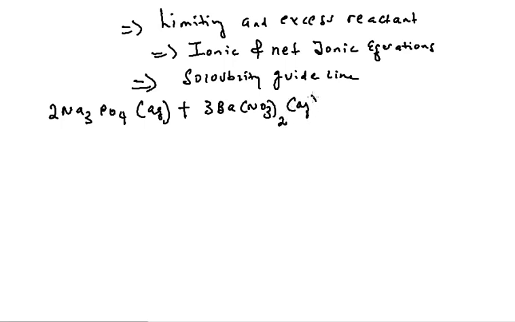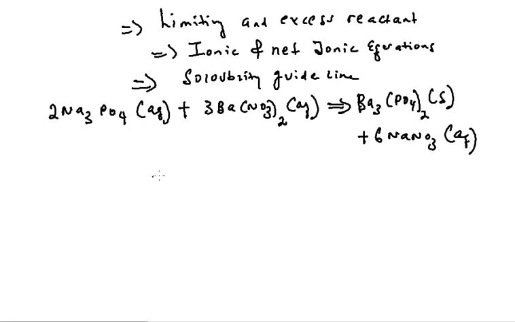It's also aqueous. The products are barium phosphate, which is a precipitate. So I put S. S refers to that it's solid, plus 6 moles of sodium nitrate,